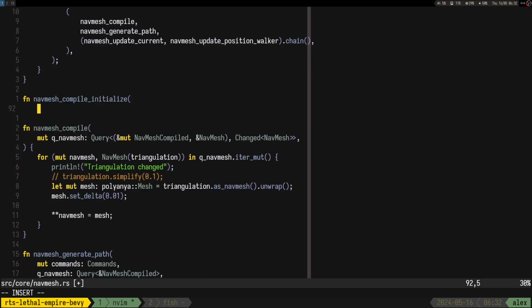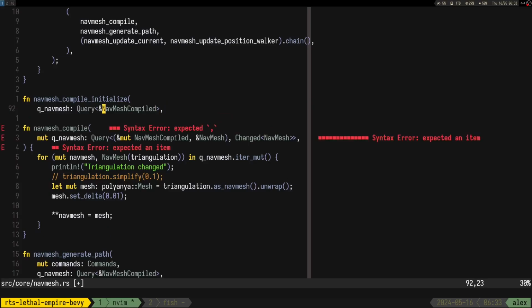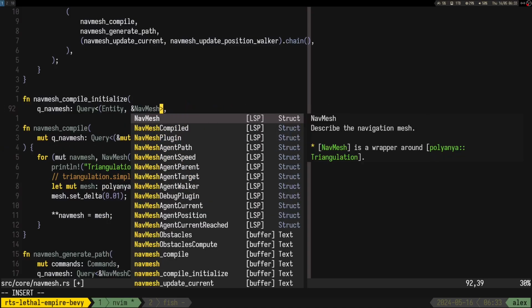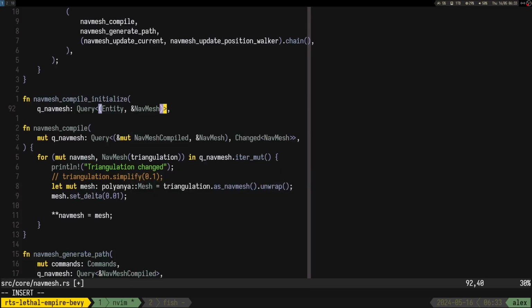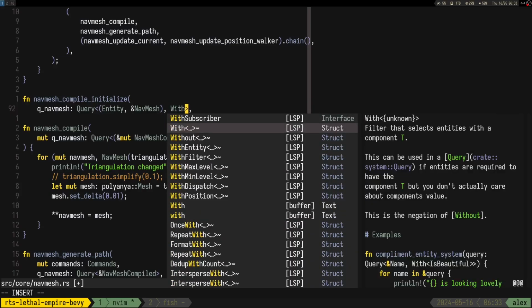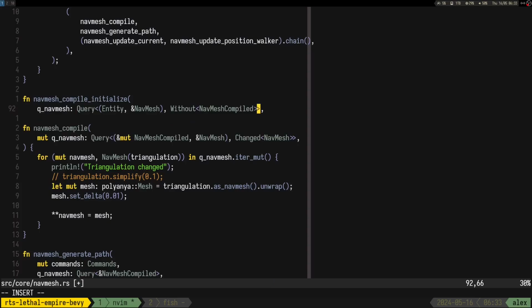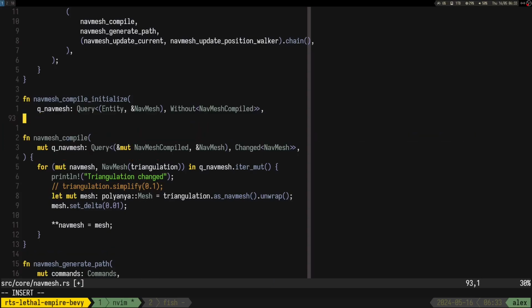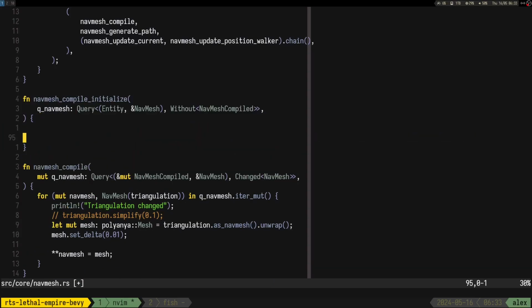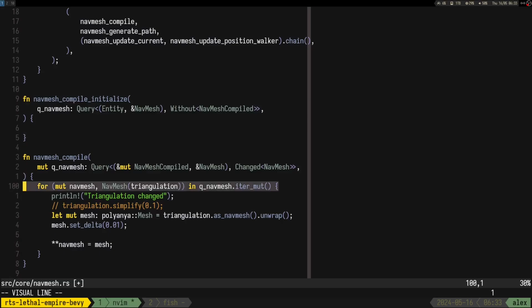Why not? Let's just do. So this should be entity, right? Nav mesh. That's it. And maybe without nav mesh compile. Now I don't really like that we have the same thing twice, but